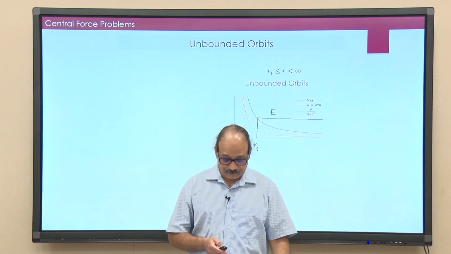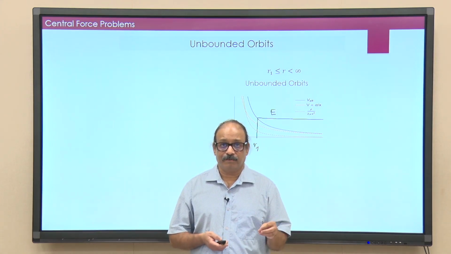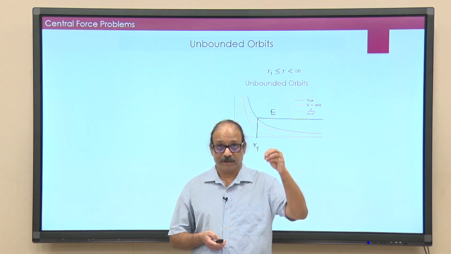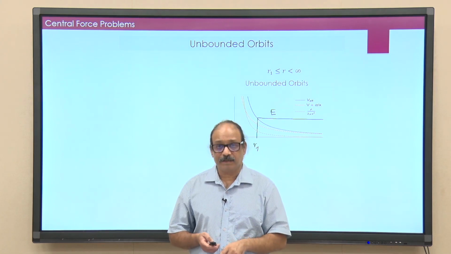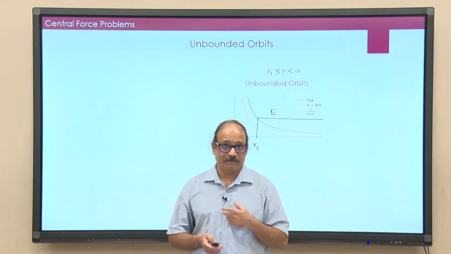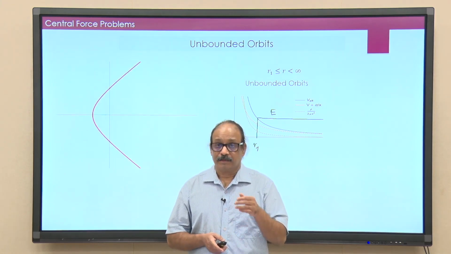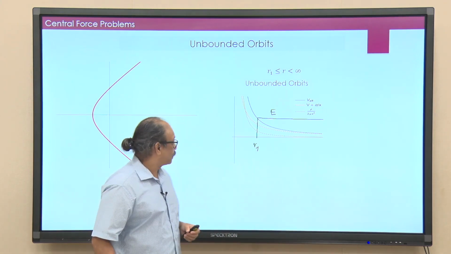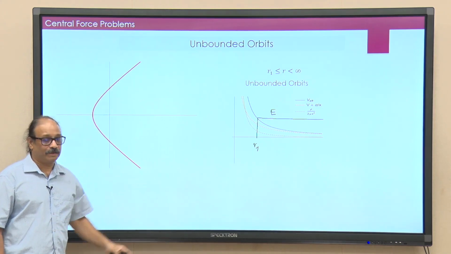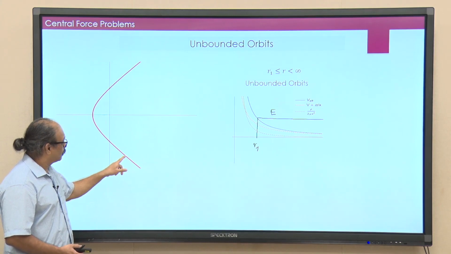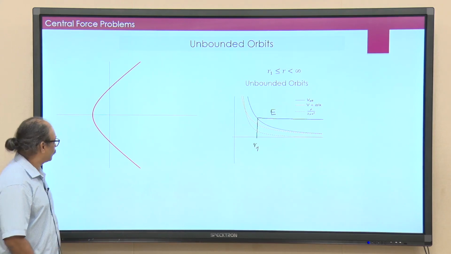And for unbounded orbits, of course, if you have a situation like this, wherever you start your motion from, the particle will come closer to the center of the force up to the turning point r1 and then go back to infinity, and there are no other variations here. The trajectories would look like this. You have a center of force at the origin, the particle starts somewhere there and then goes all the way to infinity. You could of course start the motion here and push the particle away from the center, in which case it will simply go towards infinity.